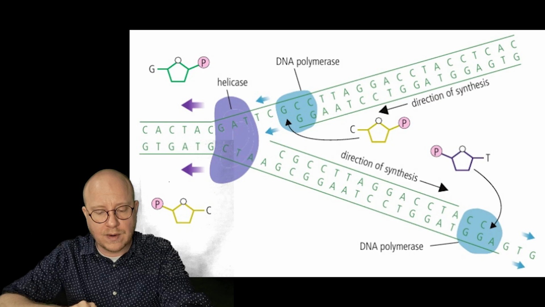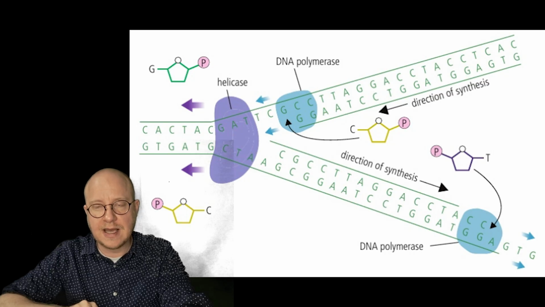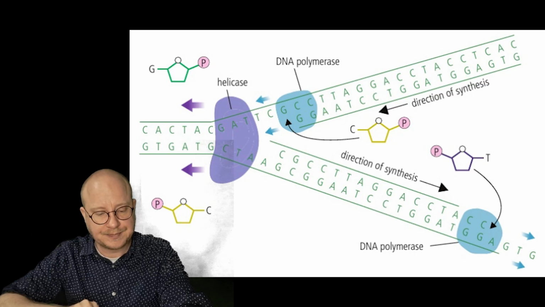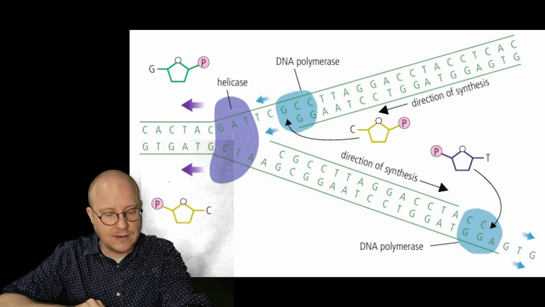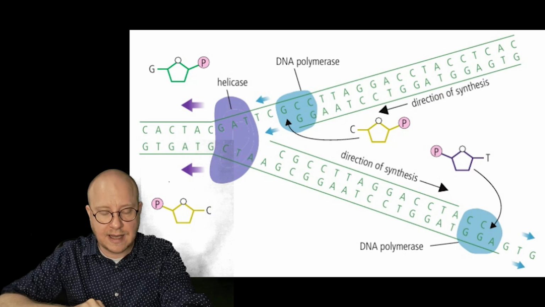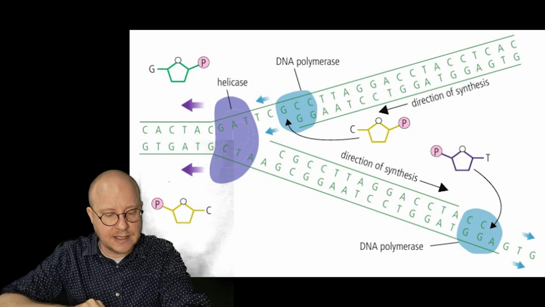In figure 4, notice that one strand is replicating in the same direction as helicase is moving, while the other strand is replicating in the opposite direction. Figure 4: DNA replication showing the enzymes helicase and DNA polymerase at work. Helicase is opening the double helix, while DNA polymerase is catalyzing the formation of covalent bonds between adjacent nucleotides as